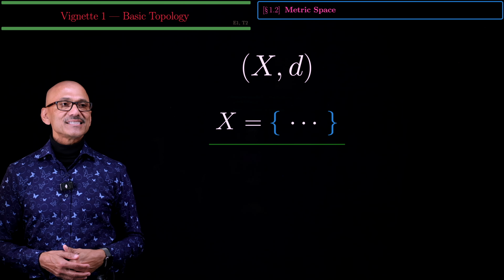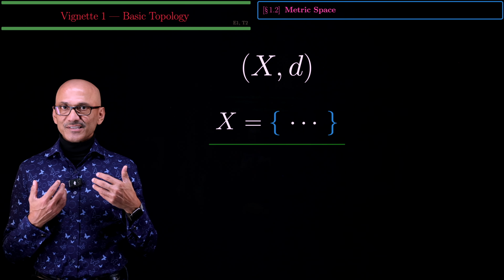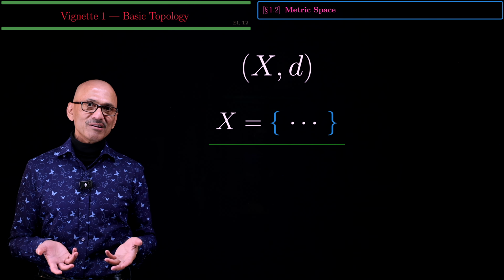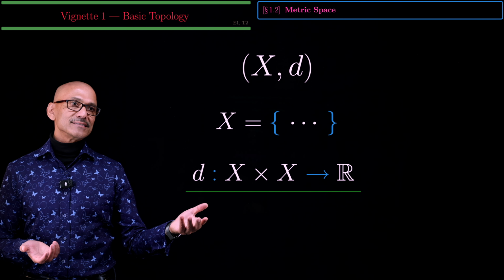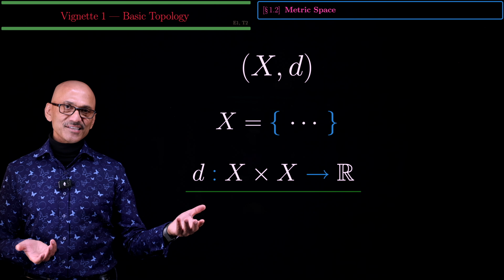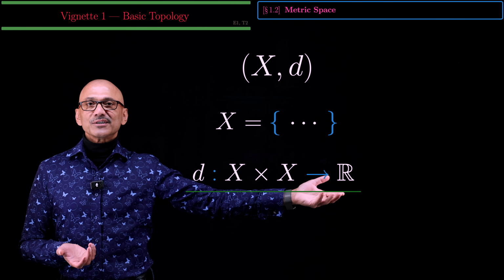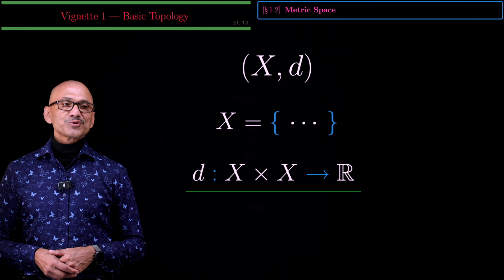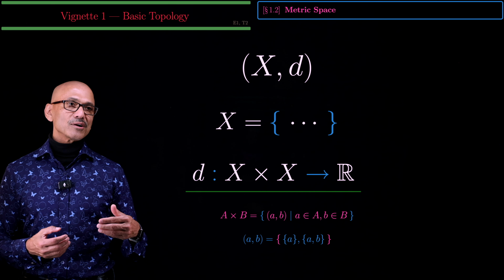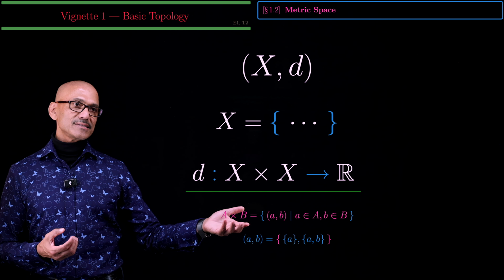X is any set, and to keep things interesting, we will assume that X is non-empty, and D is the metric, also known as the distance function, a function from the Cartesian product of X with itself to the set of real numbers. Just to remind ourselves, the Cartesian product of A and B is the set of all